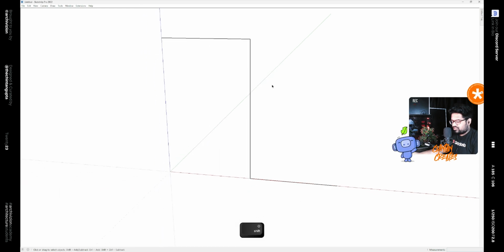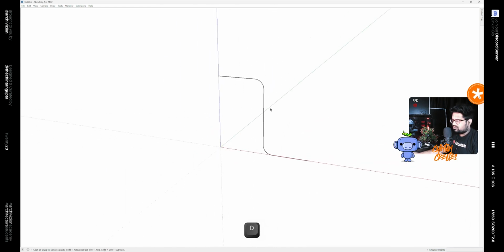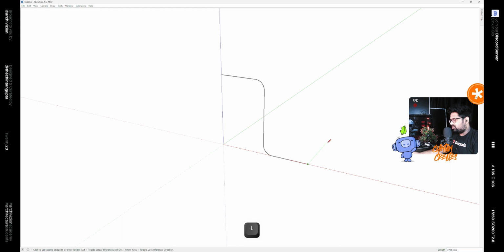After that, using the tape measure tool, make a guideline at 450 millimeters like this, and again on this side for 450 millimeters like this. Then make an arc like this and another arc on the other end like this. After that, delete these. After that, make a line for 3600 millimeters again, and then a line for 1800 millimeters,